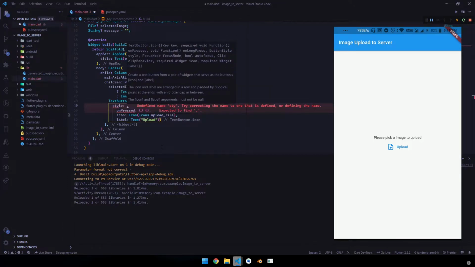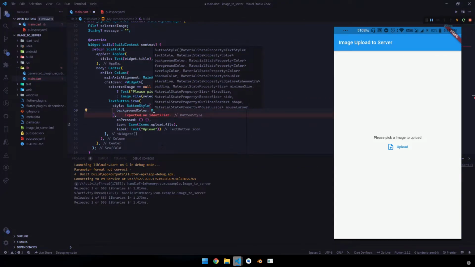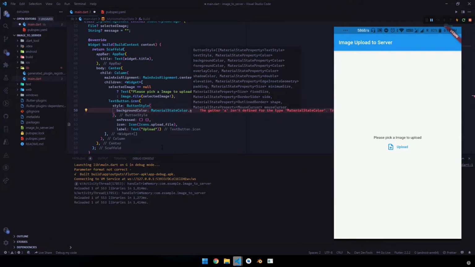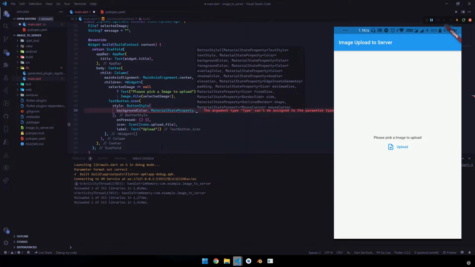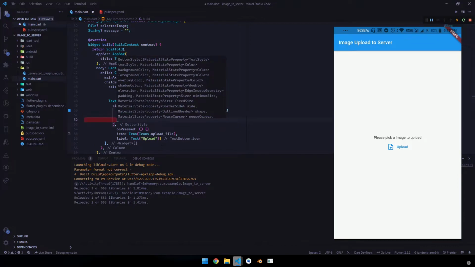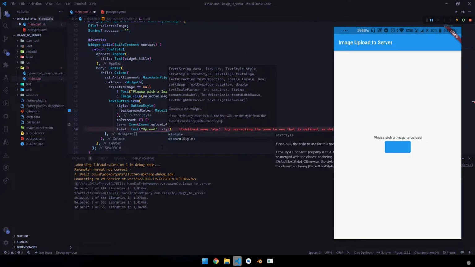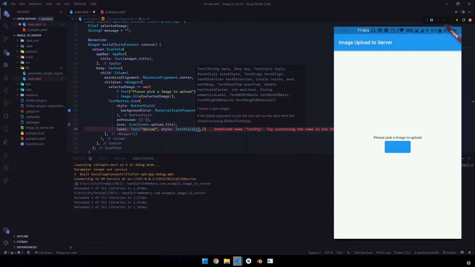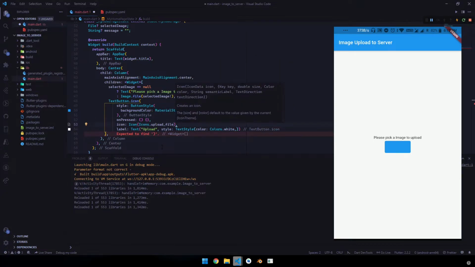Now let's change the style a little bit. Give it a ButtonStyle with backgroundColor as MaterialStateProperty, MaterialStateColor.MaterialStateProperty.all, and let's give it a color of Colors.blue and hit Ctrl S. Oops, now the text color has to be white, so style and give it a TextStyle Colors.white, and similarly in icons too we need to update the color as Colors.white.